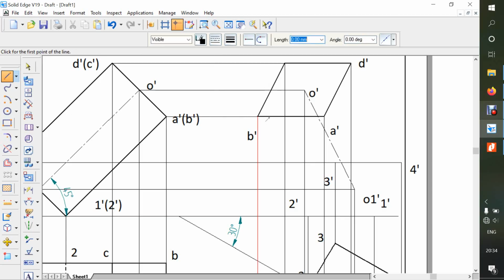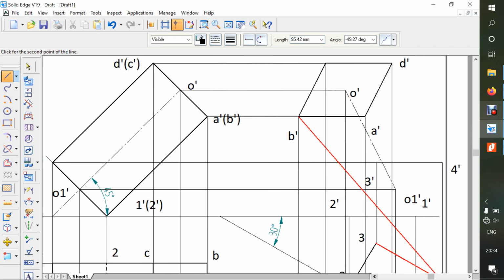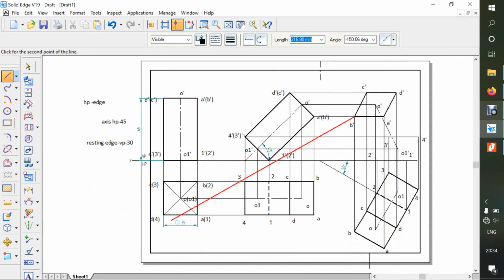So now if I start from B, what is the corner which is connecting with the B? B is a 2, where you can see that one. So you can see it here. The corner which connects with the B is a 2. So where is 2? So 2 is here.